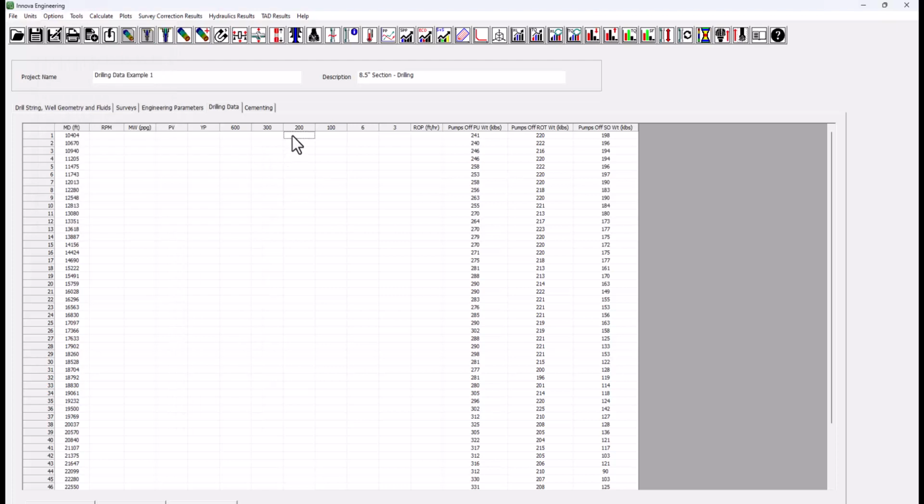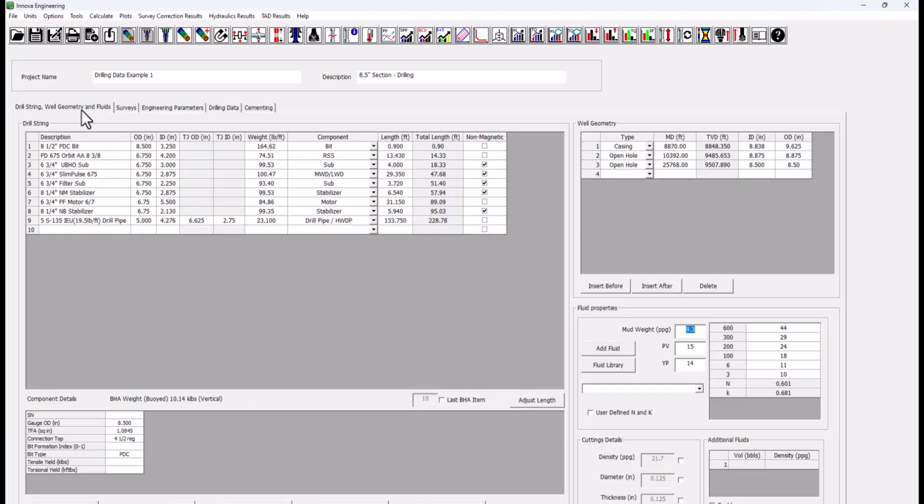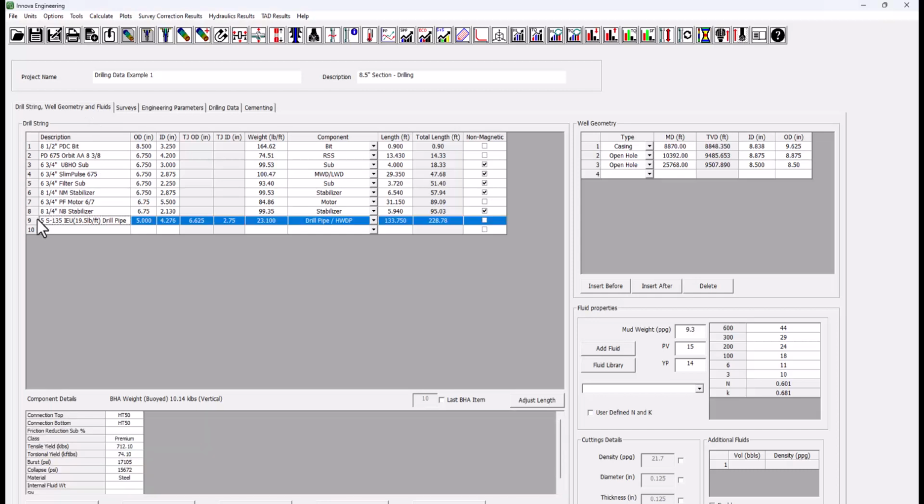Now that you have entered the recorded data into the Drilling Data tab, you should set up the torque and drag simulation so that, as closely as possible, it matches the circumstances that the real-world values were recorded in. Set up the drill string with the same string that was used in the real well bore. The most important component here will likely be the drill pipe, as that is the component that occupies the majority